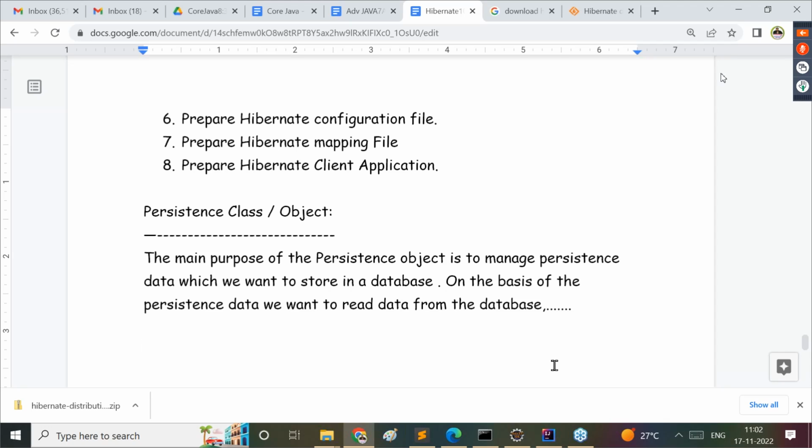Right, sir. The main purpose of a persistence object is to manage persistence data which you want to store in the database. On the basis of the persistence data, we want to read the data from the database and so on. These many operations we are able to perform about this persistence data, persistence object. Right, sir. Next one is